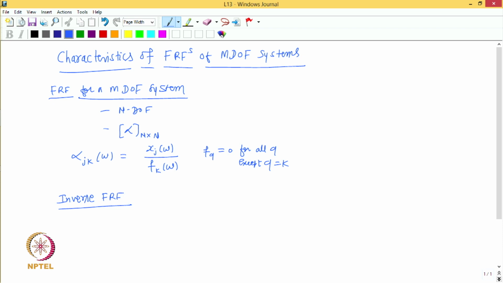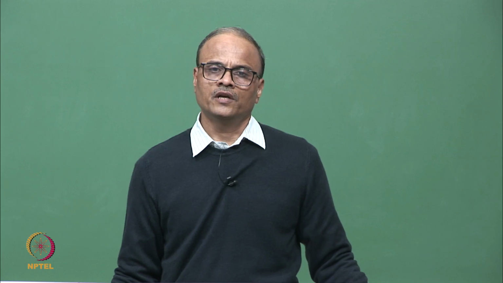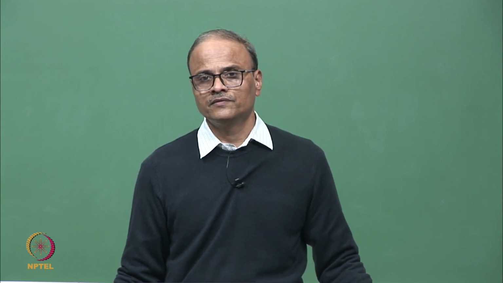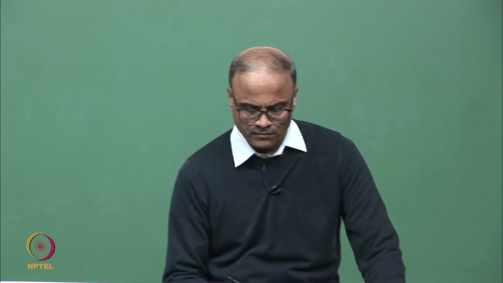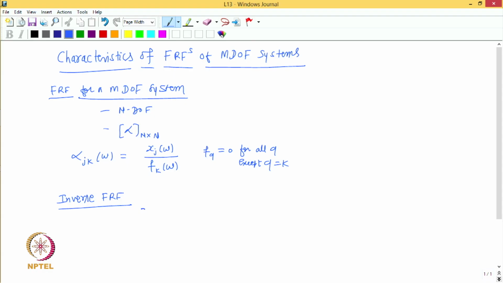Okay. So similar to a single degree of freedom system, we can have inverse FRFs like dynamic stiffness, right, or impedance or apparent mass, right. So let us define the dynamic stiffness. So here again we will have a dynamic stiffness matrix instead of just one dynamic stiffness that was there for a single degree of freedom system. Right. And if we define, say, one of the elements of the dynamic stiffness matrix, say zjk, then